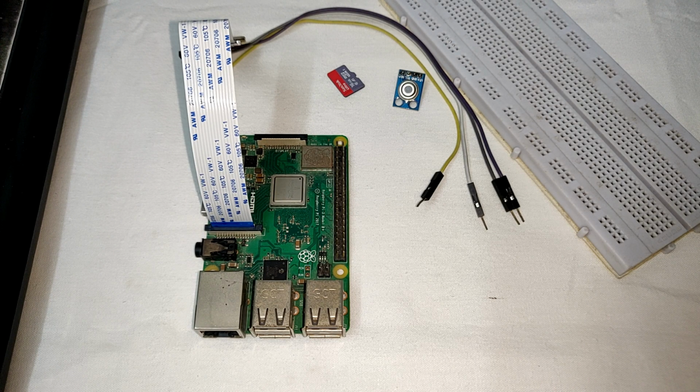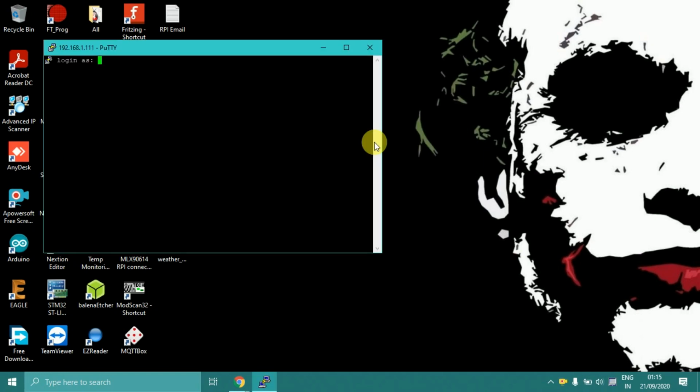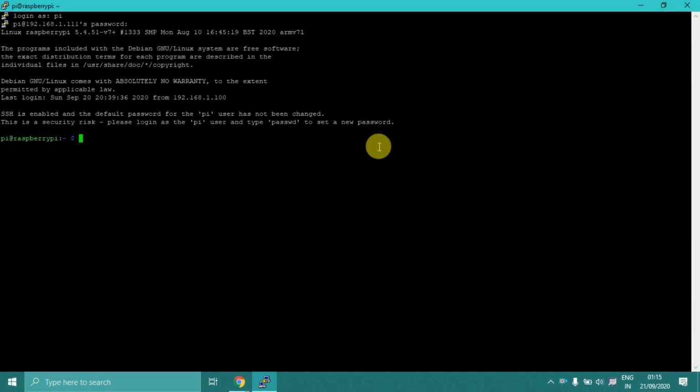So let's get started. Booted up a Raspberry Pi, you need to know the IP of the Raspberry Pi from your router settings so that you can access it using the secure SSH terminal, logging into the Pi. Before getting started with the DIY of temperature monitoring, first you need to interface each of the modules individually, and then you can directly understand what exactly is done. So here we have just created some steps to do that on our website. The link will be mentioned in the description below.